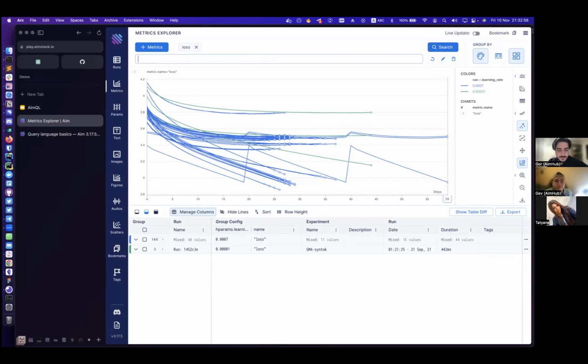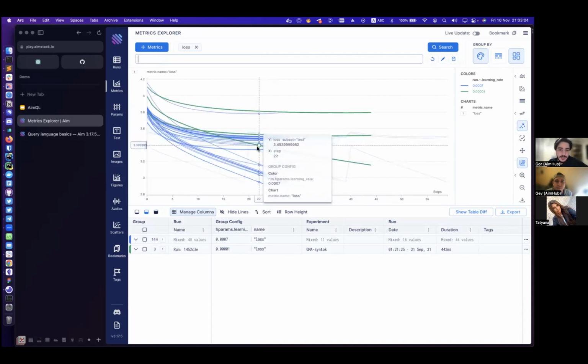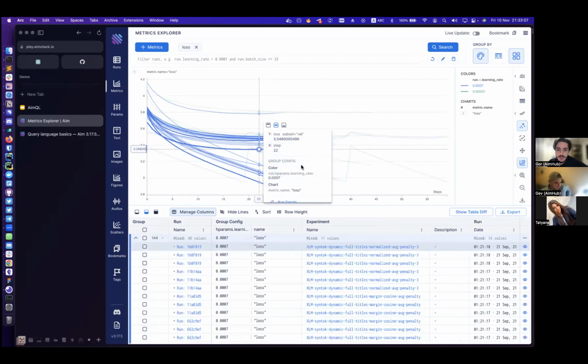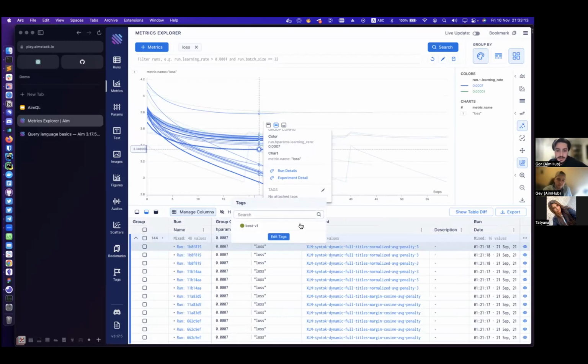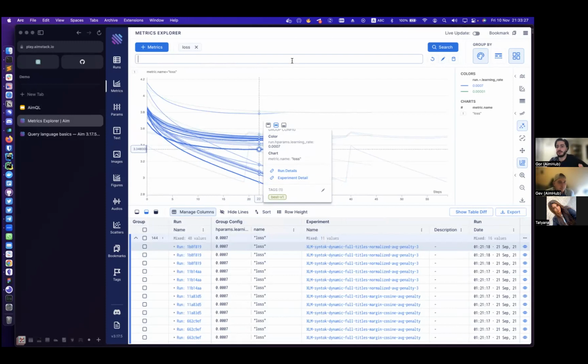Yeah. So in AIM, you also can create and set tags on runs, and for example, I've already created a tag called production best v1, and we can set it here as well on these runs, but it's already set. And I can actually even filter by run tags and use some Python magic. For example, I can query the loss metrics of all the runs, which has a tag that starts with best